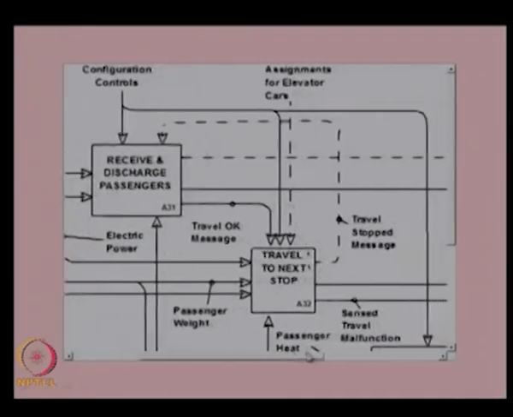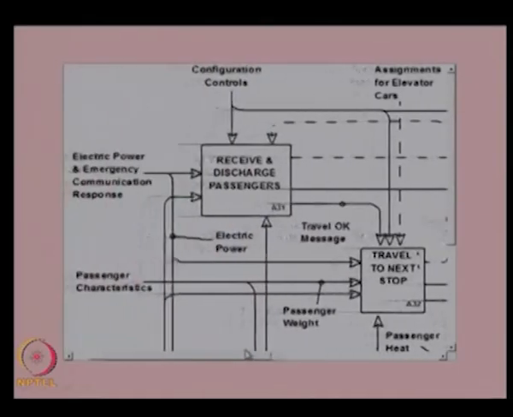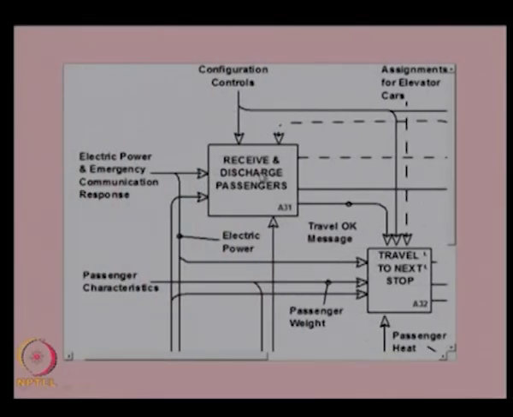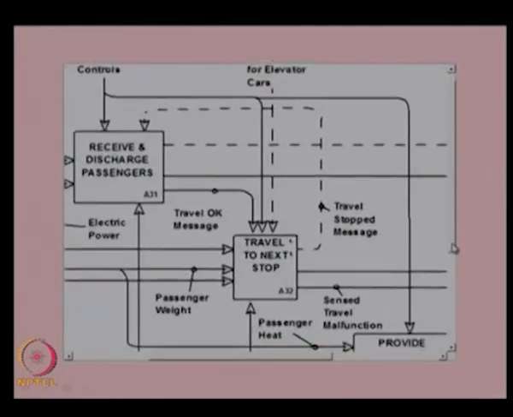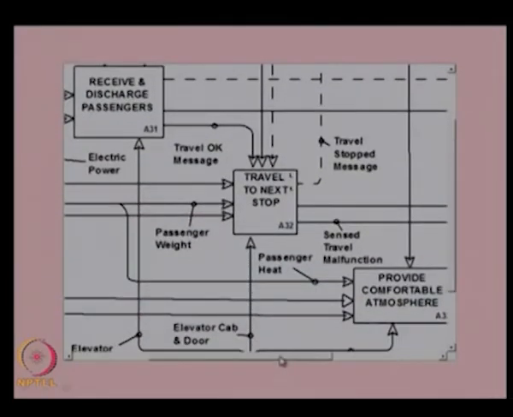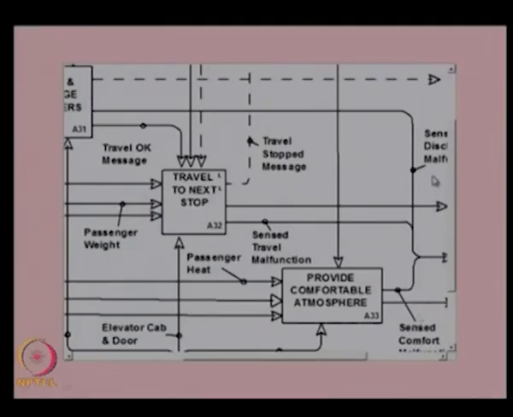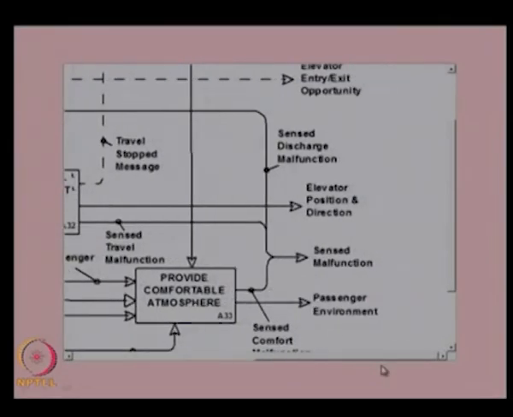So this is the detailed diagram here. So receive and discharge passengers and travel to next stop is the A32 function, and then you have this provide comfortable atmosphere to the passengers. So these are the sub functions, and the outputs are here: passenger environment, sensed malfunction, elevator position,